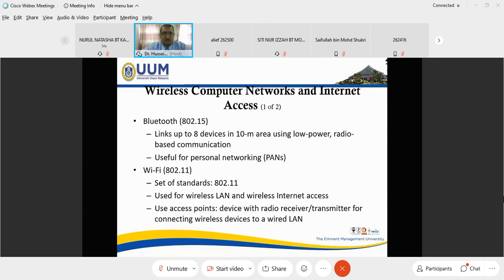Mostly they use Bluetooth to connect devices around a printer, a wireless keyboard, your headset. For example, your TV, you can connect wirelessly. And also there is Wi-Fi 802.11 that has standards.